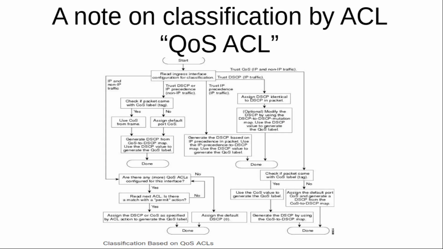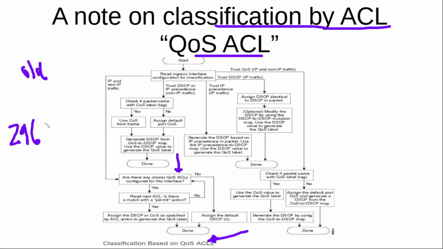Before moving on, let's just mention that if you read all documentation for some switches, you will see something that is referred to as classification by ACL or quality of service ACL. Notice here and here. This is the diagram coming from the 2960 Cisco Catalyst switch, but you will find it in other switches as well. Just think that they are referring to class map ACL